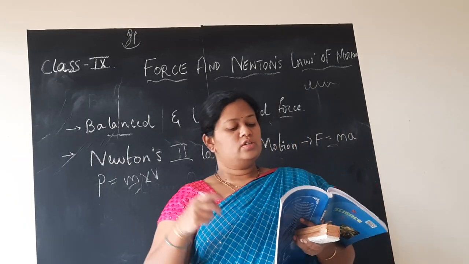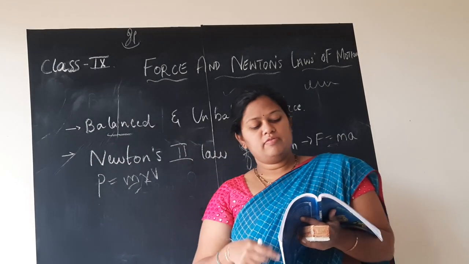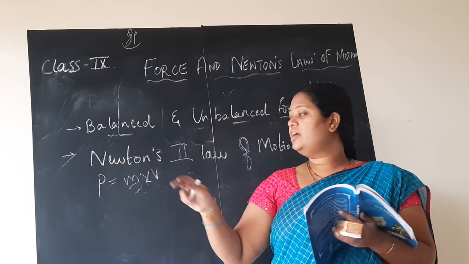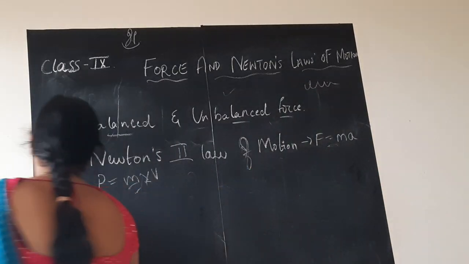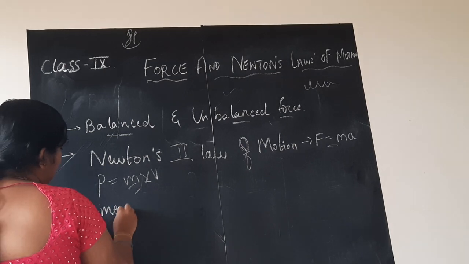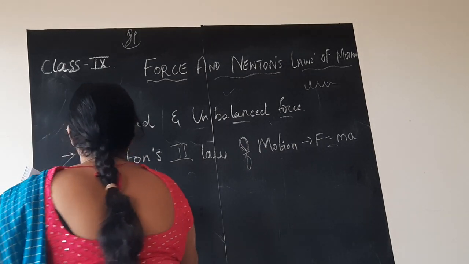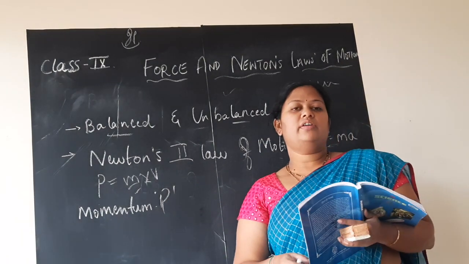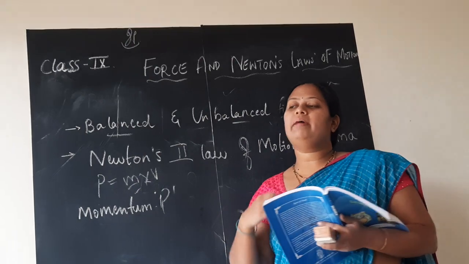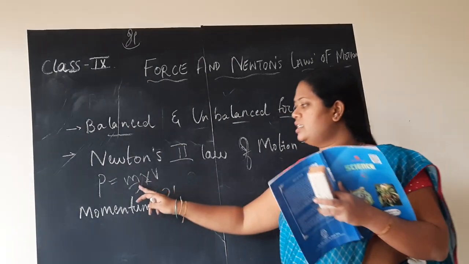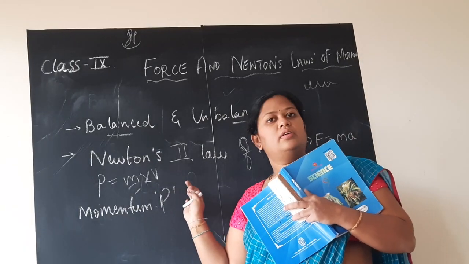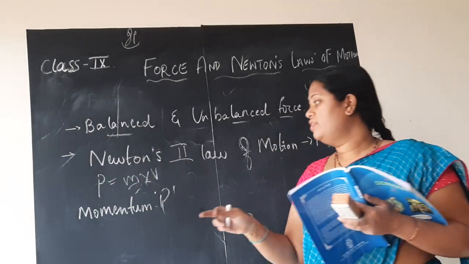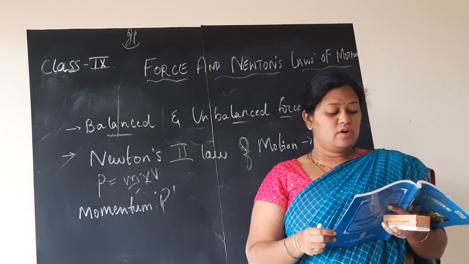This concept you know. So to explain this property, Newton gave one more concept, that was momentum. It is represented by capital letter P, children. You have in your textbook this formula, P is equal to m into v. So momentum is directly proportional to m into v. It is defined as the product of mass into velocity.